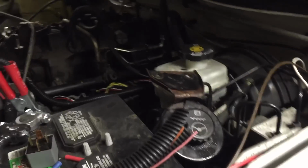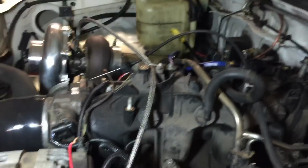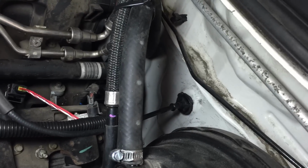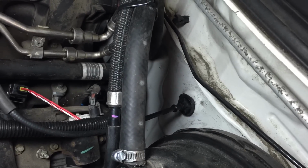But another cool thing we did is, while we were at the junkyard, I cut out like a 02 Blazer throttle cable. Look at this thing, it's perfect. And this car was drive-by-wire, so I had to add the throttle cable. So I just drilled that hole and shoved the stock